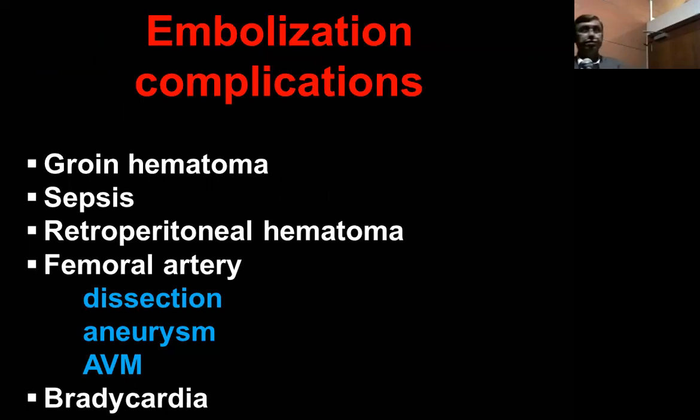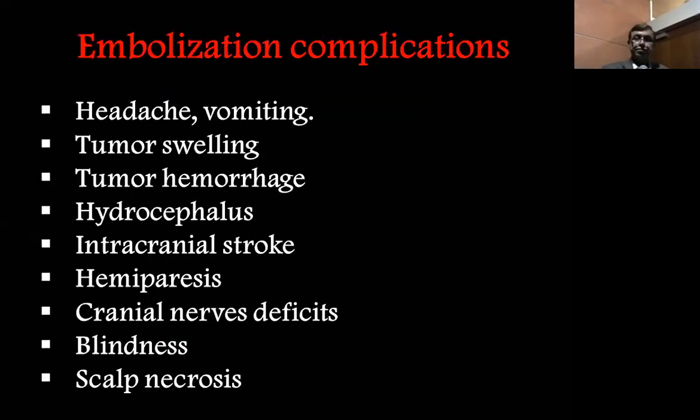What about complications? If you want to do embolization via angiography, you have the procedure itself, which is hazardous. You will put your catheter in the groin, Seldinger technique or whatever. You may get sepsis, you may get an intraperitoneal hematoma. Then you will tell the nurses to check the pulses after the angiogram, check the temperature of the foot, and check the movement of the feet, because any of these complications can arise. As you go through the humeral artery, you may dissect it, you may cause an aneurysm, you may cause an AVM, and you may get bradycardia or cardiac arrest. So angiography is not without harm.